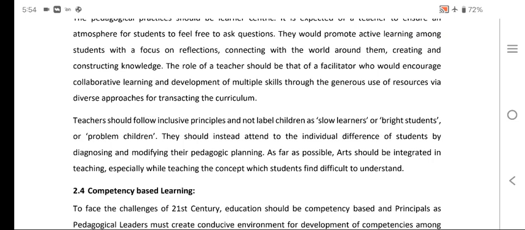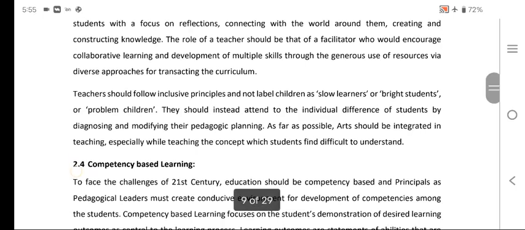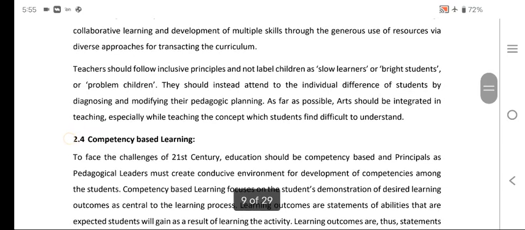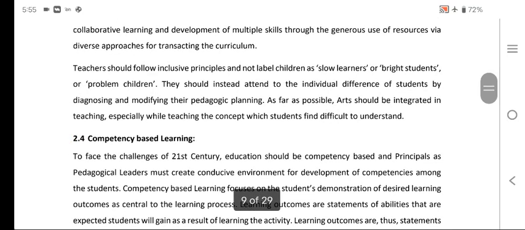The teacher should follow inclusive principles, not labeling children as slow learners or bright students. Very important that no one is a slow learner and no one is a bright student or problem child. They should instead attend to the individual differences of the students by diagnosing and modifying their pedagogic planning. As far as possible, art should be integrated in teaching, and especially while teaching the concept which students find difficult